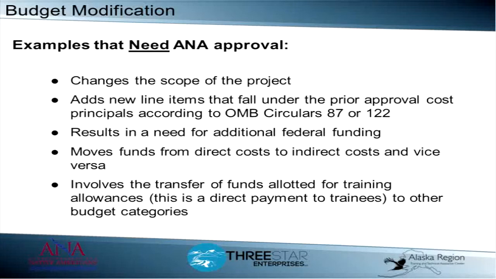An example of this is a grantee had listed a specific piece of equipment that was manufactured for the purpose of the grant by one company, which went out of business. It was no longer able to produce that piece of equipment, and the item couldn't be manufactured by another company, and the grantee had contacted ANA to do a change in scope.